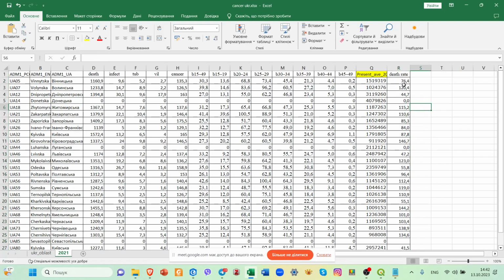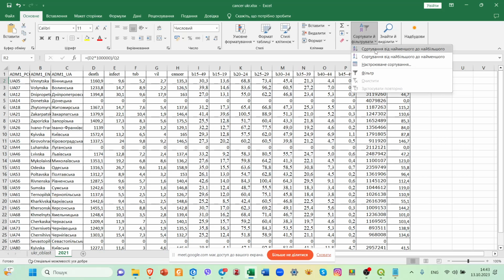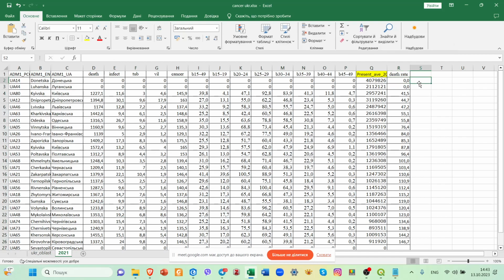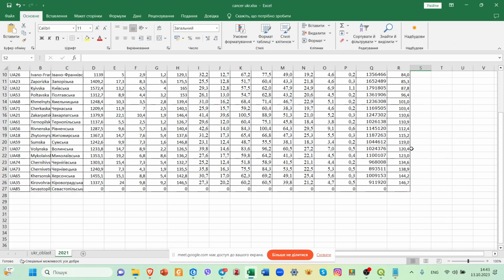The easiest way is to use Microsoft Excel. Then we must sort this data from low to high. The highest death rate will be in